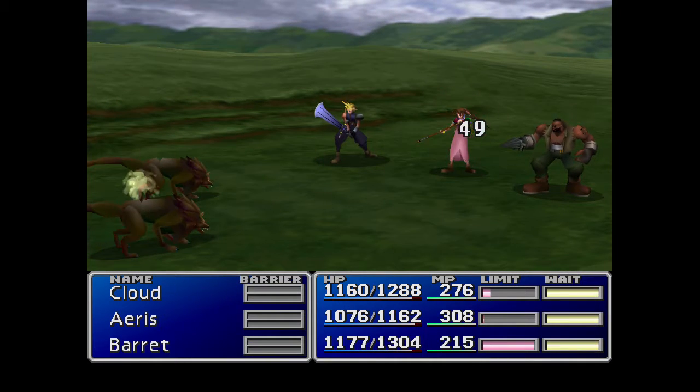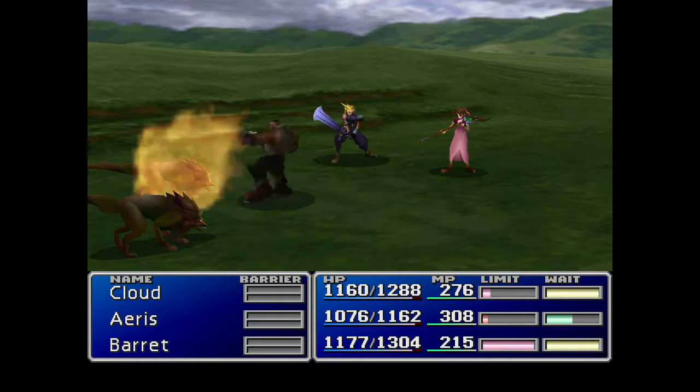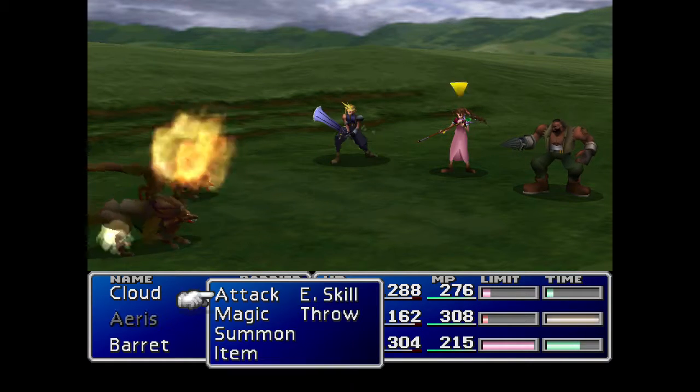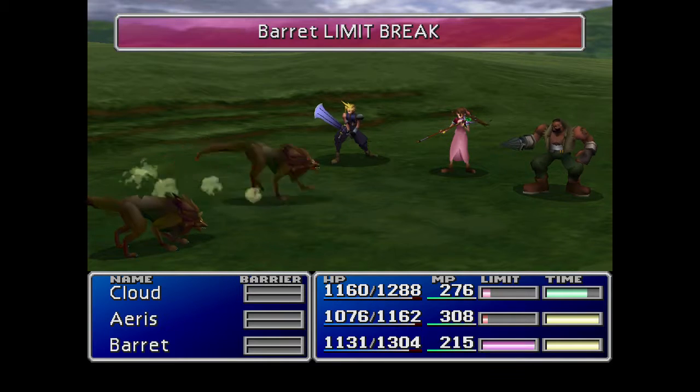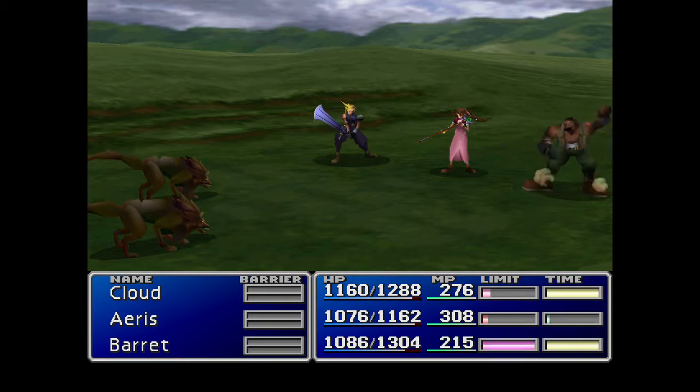Oh, I also want to buy another HP plus. God, we need some money. Oh, we're flat broke, people. We need some cash. I want you to attack Aeris. Well, we should give her the... Well...